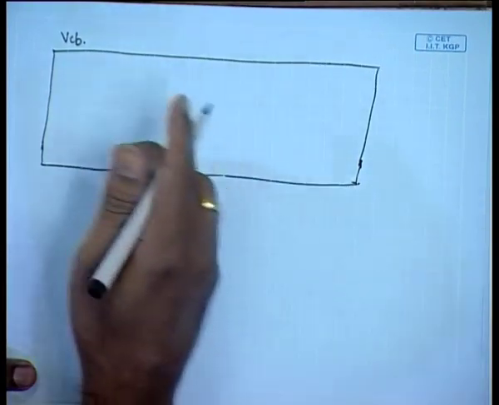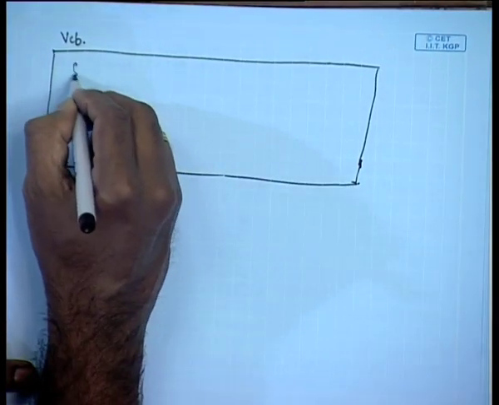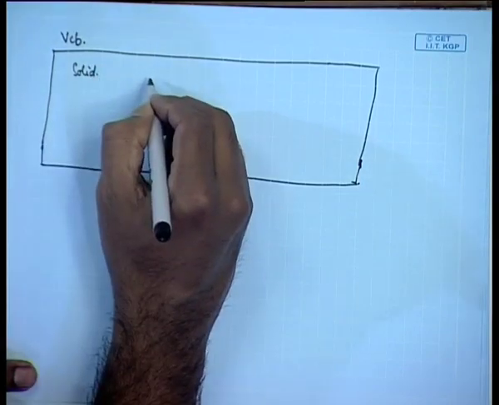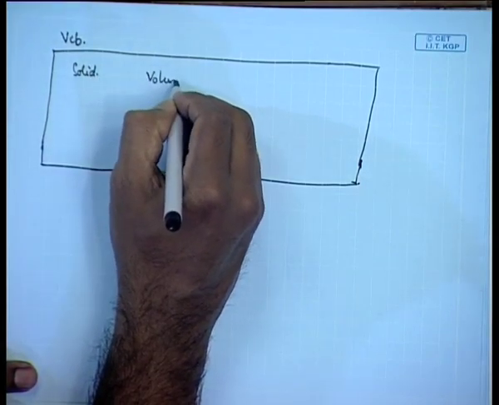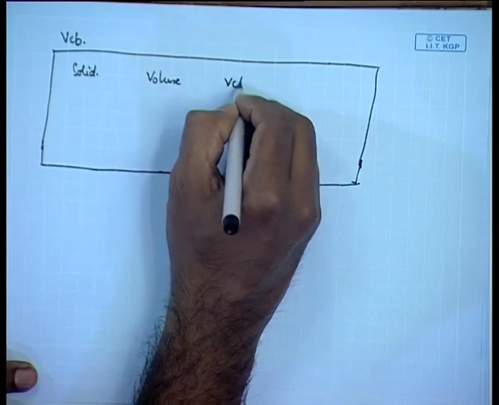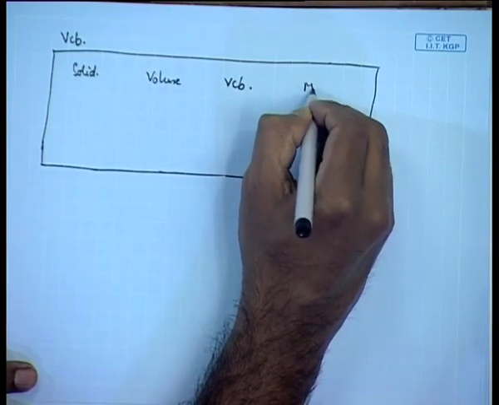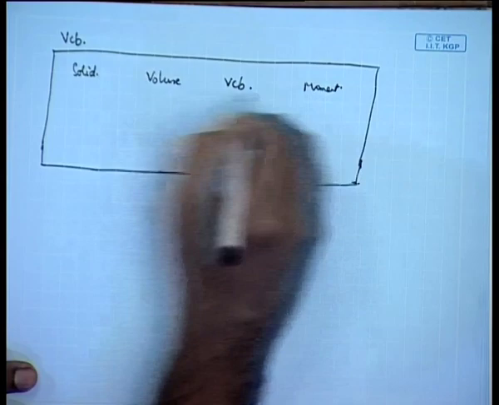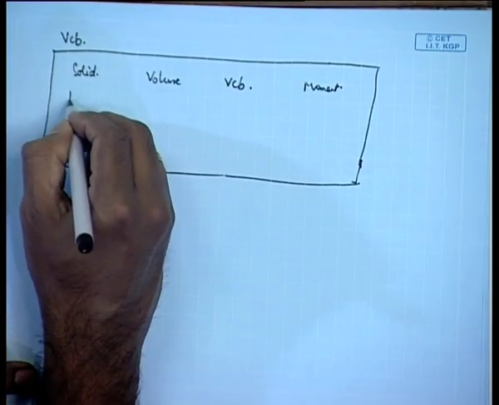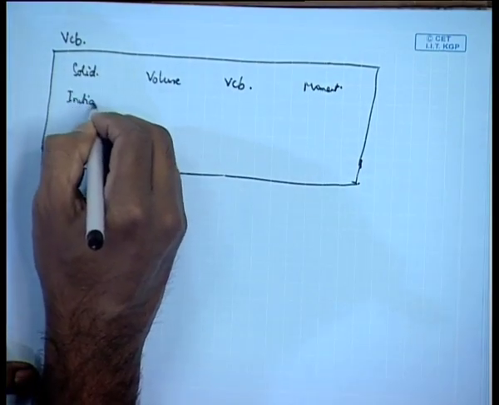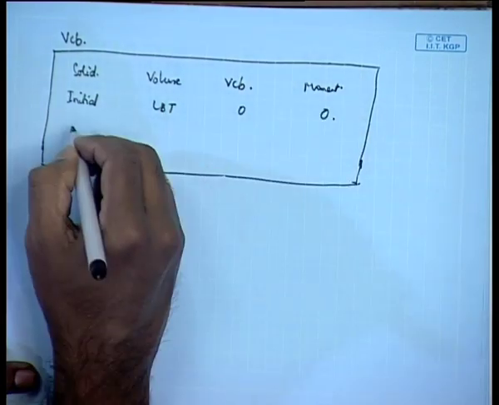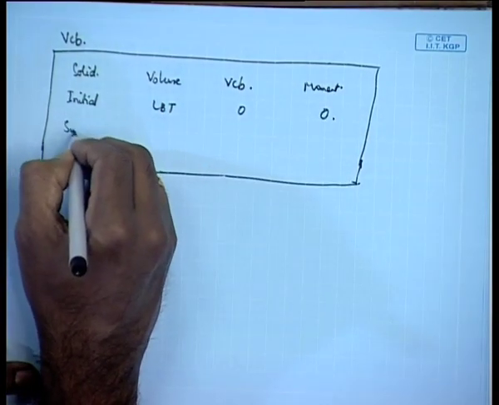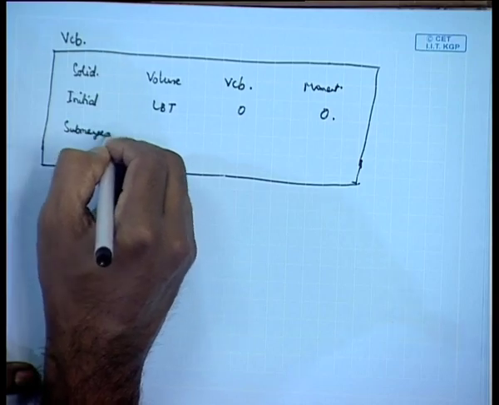What we need to do is again the solid volume, the VCB of that portion and the moment. So, you have first the initial, that is always equal to LBT, this is 0 0, then you have the submerged wedge,